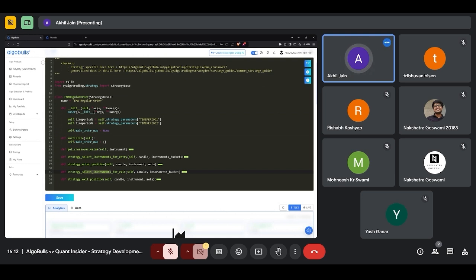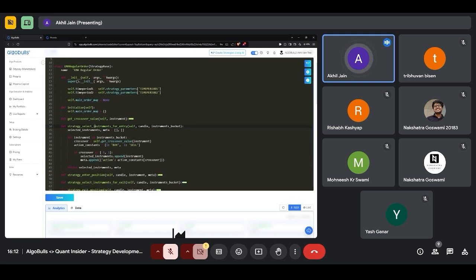Based on that selection, we'll either place the order, which is this one, or exit the order, which is this one. So let's say here in the tweak panel, if you give me five instruments, let's say SBI, Tata Motors, Maruti, and some other two, those five will come here in the instruments bucket.